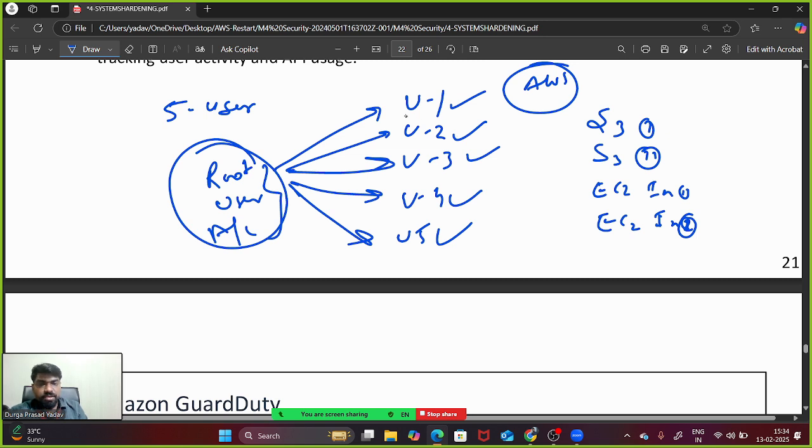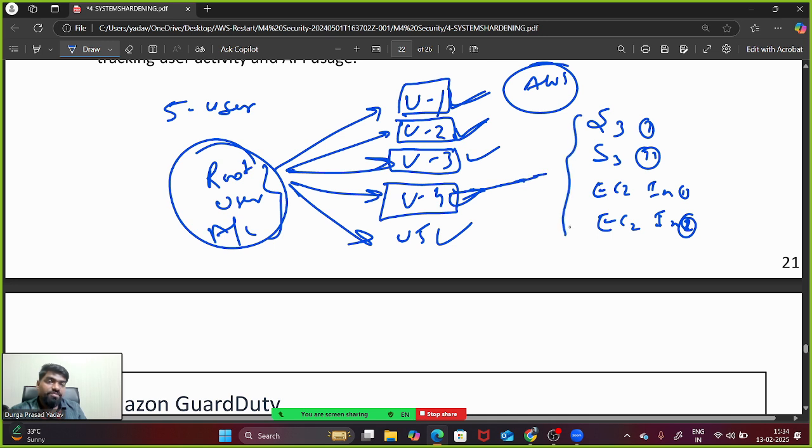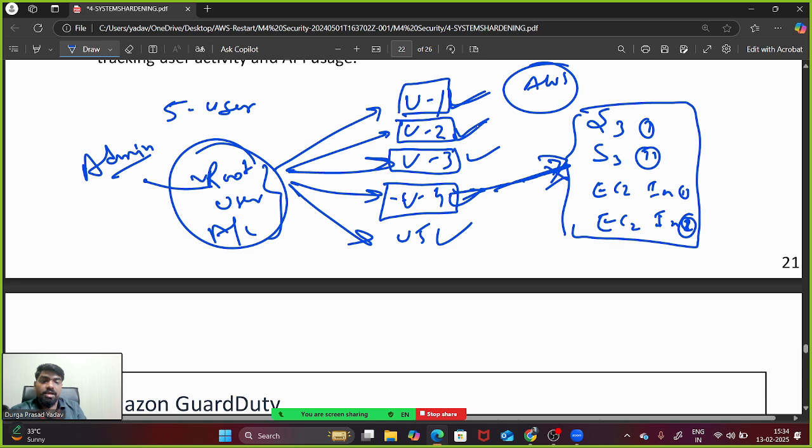And user 1 is good. He is a very gentleman, so he is doing his work. User 2 is also good, also a gentleman. User 3 is also a gentleman. User 4 is an idiot, you can say. Something came into his mind and he is thinking now to delete everything. Once this user deletes everything, he will say to the root user or your admin that I did not delete anything. You ask the others, because they are also using the same account, so they might have deleted it.